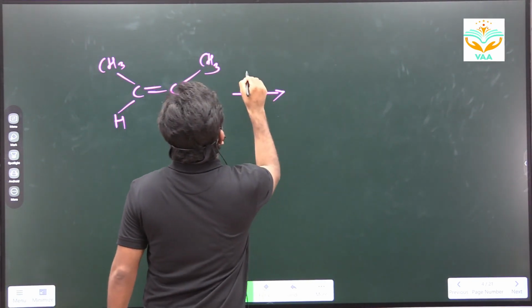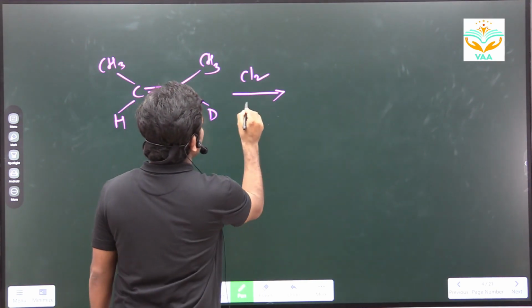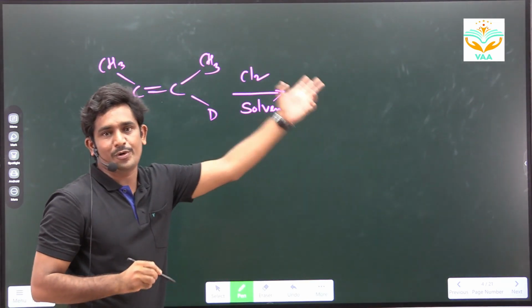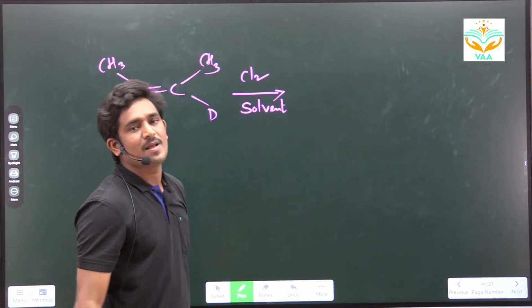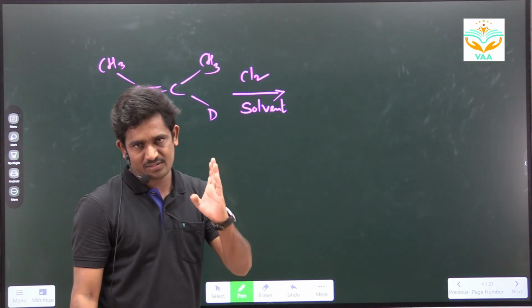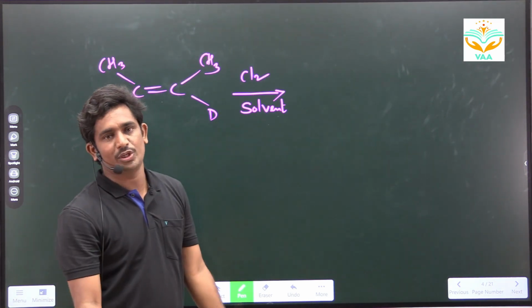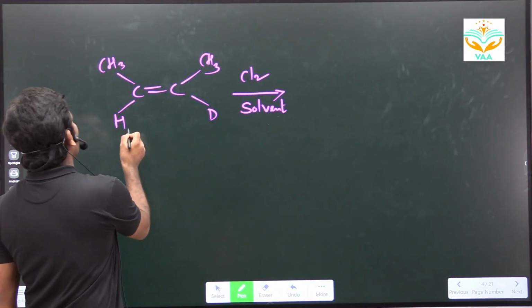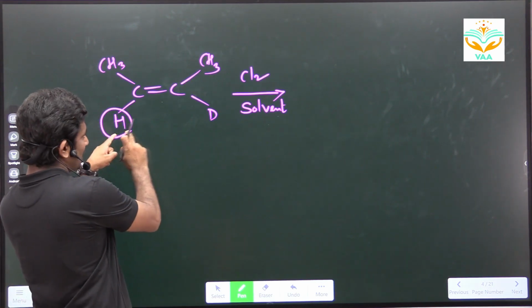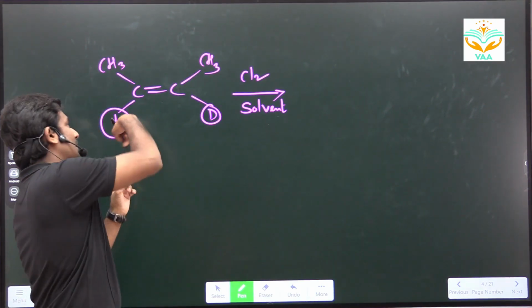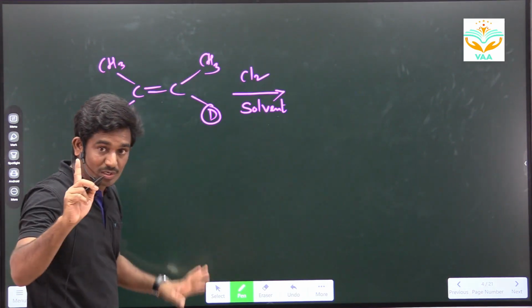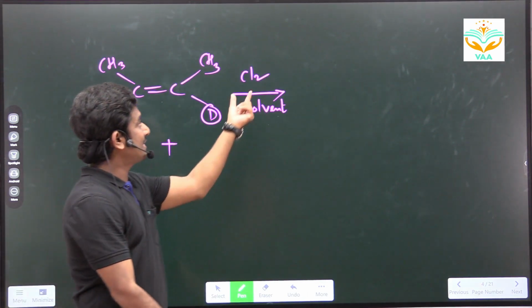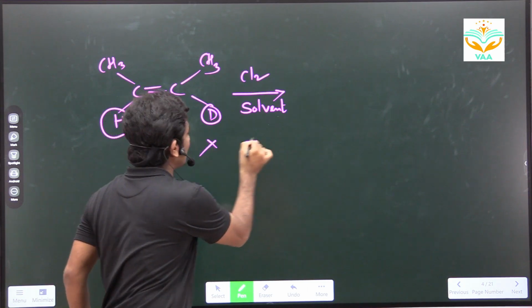If we add Cl2 gas in the presence of solvent, find out the final product and what is the relationship between them. This type of question will come in the main examination. Solve this. How to solve this problem? Very easy, right? Both are not the same: a hydrogen and a deuterium are not the same. Make it a circle. The circle atoms are on the same side, so take plus. And it is anti-addition, so take minus. So plus into minus equal to minus.